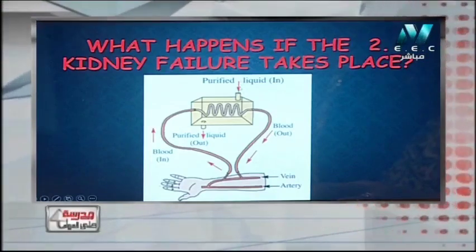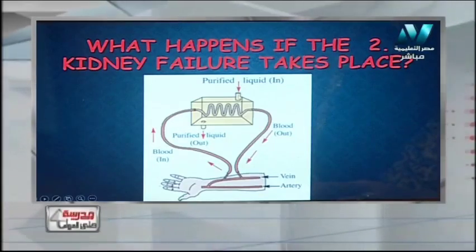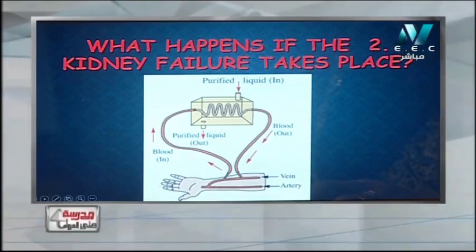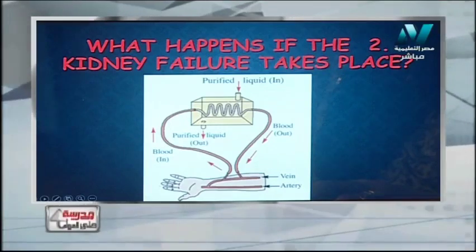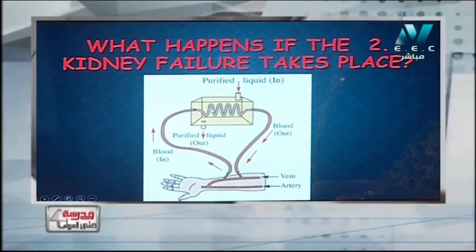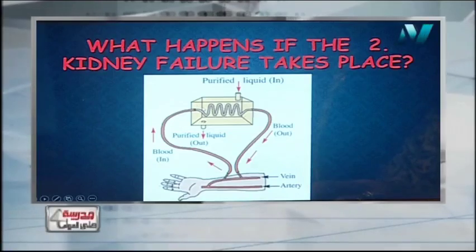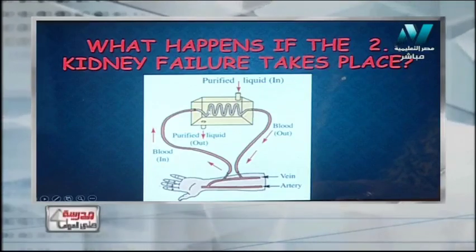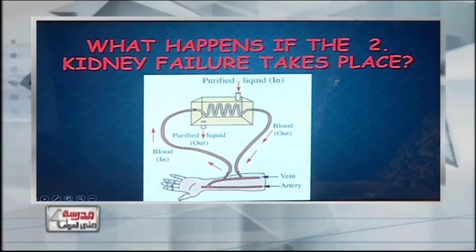And as you see here, an arrow shows that the liquid comes from this opening and goes out from this opening, so it is changed quite often. During the passage of the blood into this coiled tube inside the device, this tube must contain in its walls a semi-permeable membrane through which the waste materials come out from the blood into this liquid.